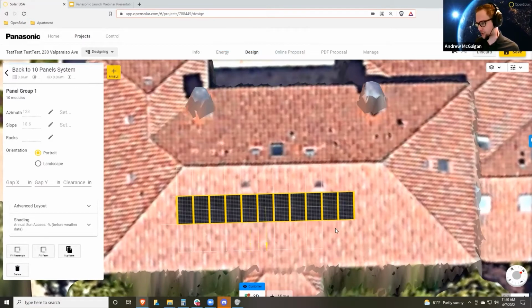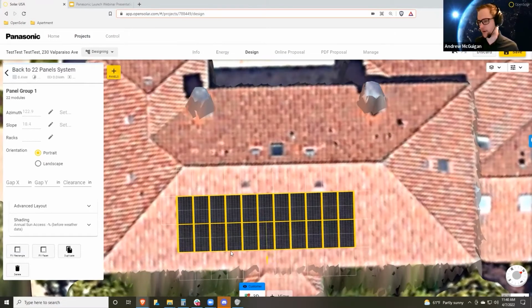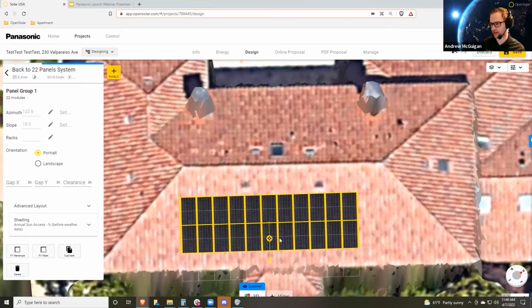So I'm going to go ahead and just finish off this array right here. We'll just draw on the rest of the panels. And then once I've got my array down, if I want to go ahead and move it, you're going to see this white bubble pop up here. It's a little directional bubble, and I can grab that by left clicking